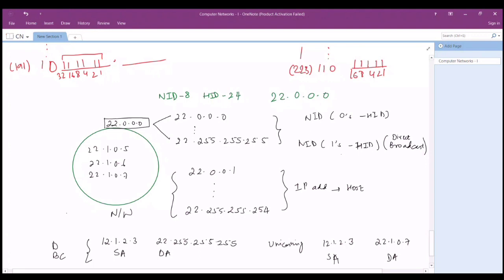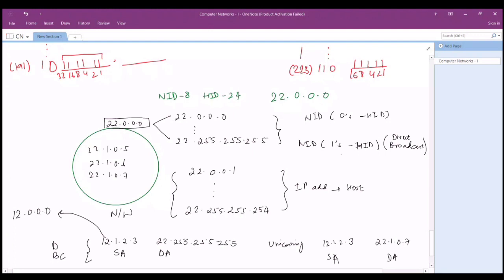But if I have to make a direct broadcast, if we talk about the source, what is the network ID of this source? We'll first see which class it belongs to. It belongs to class A because the first 8 bits in decimal represent 12. Class A means the network ID is only 8 bits, so the network ID of my network would be 12.0.0.0. Why is it a direct broadcast? Because the network ID in which I am lying and the network ID to which I want to send are two different networks. Therefore, this is a direct broadcast.